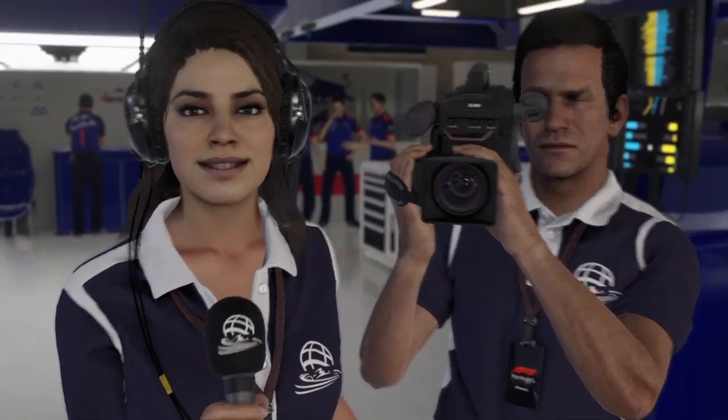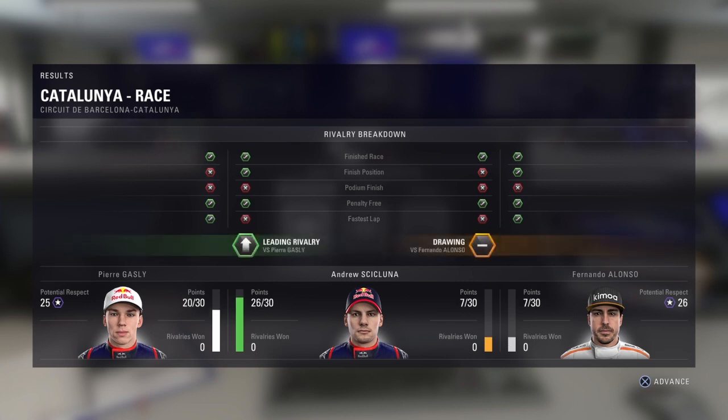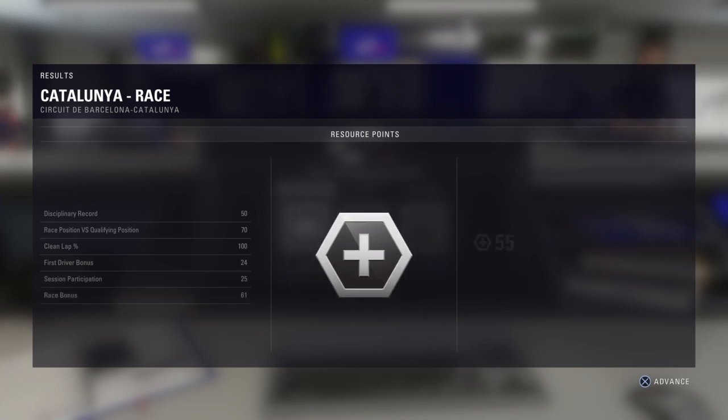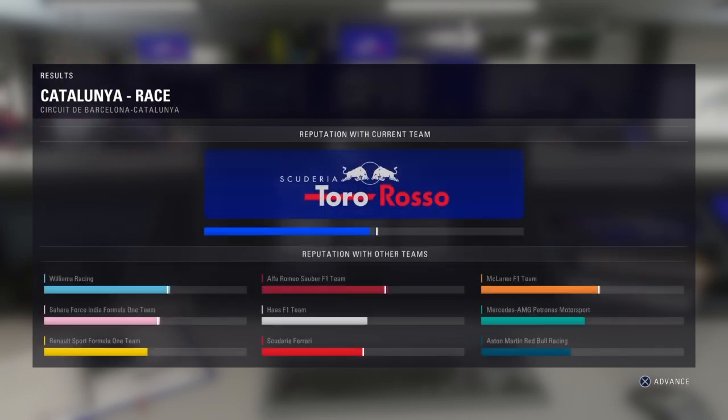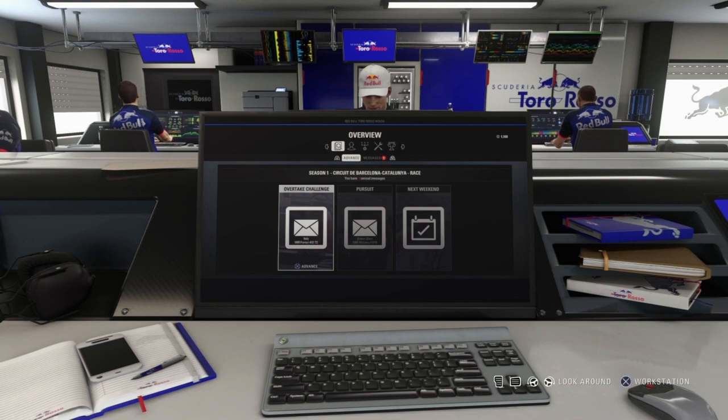Great! Well, that's everything. So there you go, guys. Some of our comments actually decreased our reputation with the team. And in terms of rivalries, we're winning both, except no, we're now drawing against Fernando Alonso because they had a really good race, finishing in P7, I believe. Really showing us what he has in terms of skill at his home race. But look at how much our reputation with Toro Rosso has decreased from those two comments, because one of the comments actually increased our reputation and the other